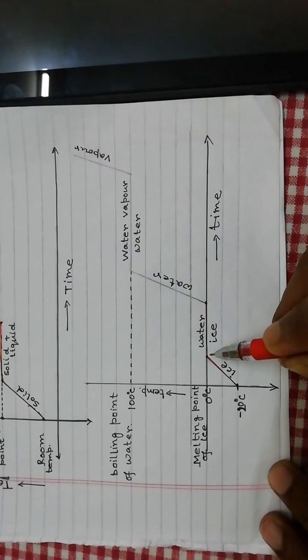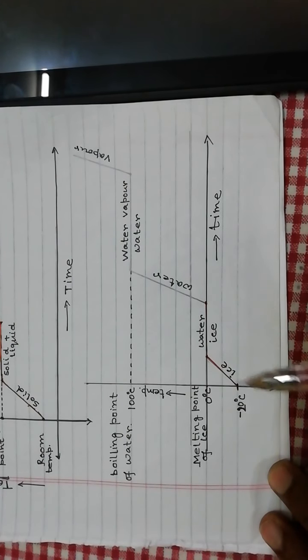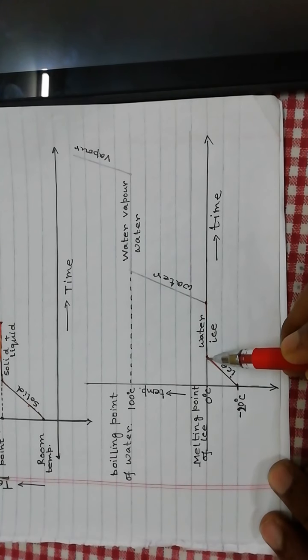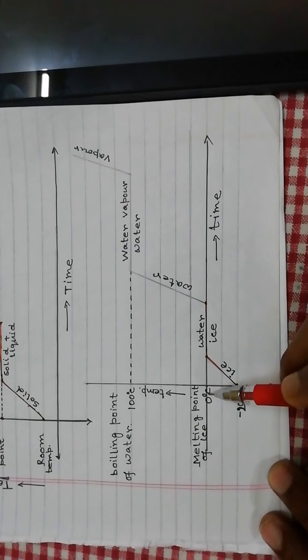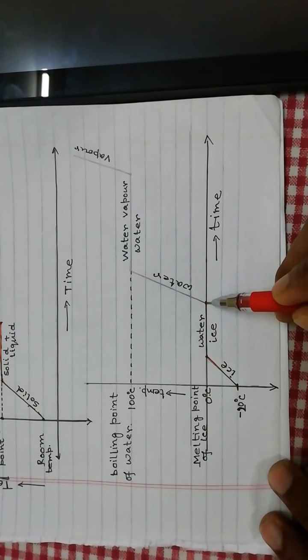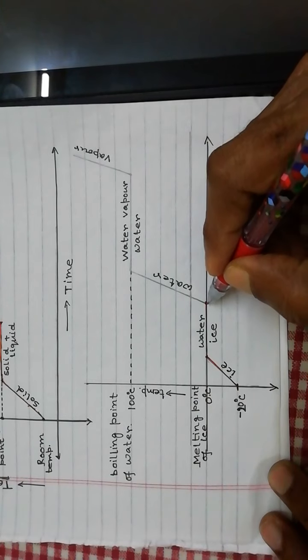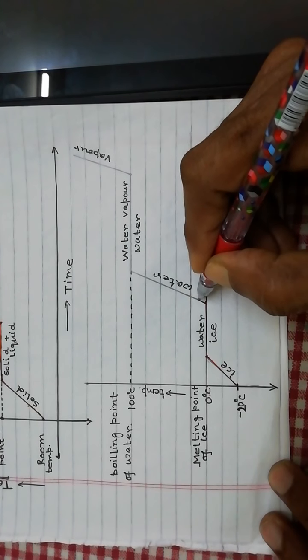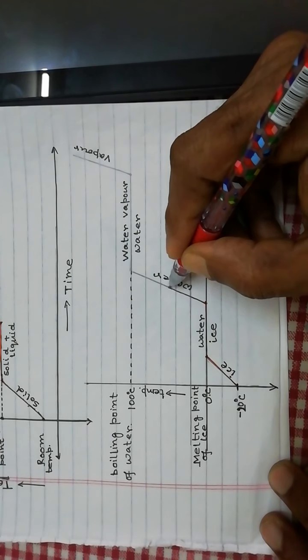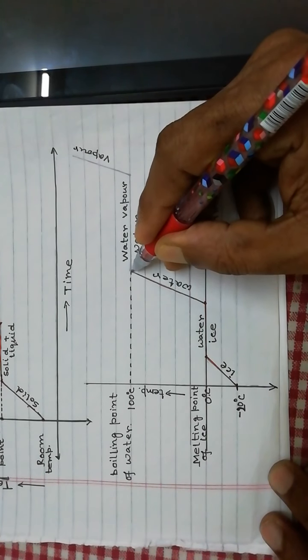So when the state change starts, when the melting starts, then just before it, it is totally ice and it is at 0 degrees centigrade. When melting is completed, it is totally water, but the temperature is also 0 degrees centigrade. After that, the temperature of water starts to increase,